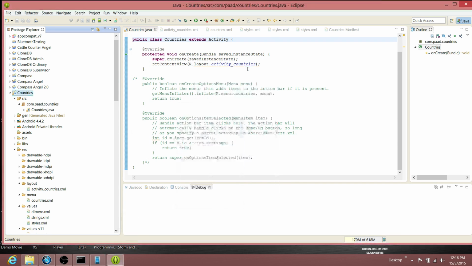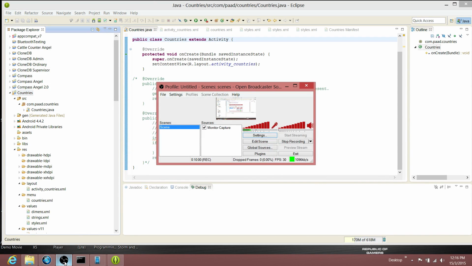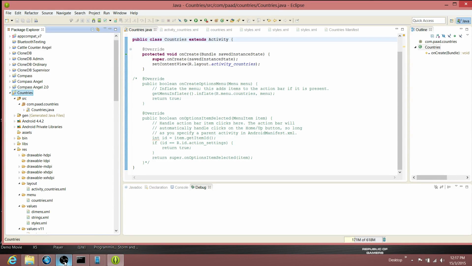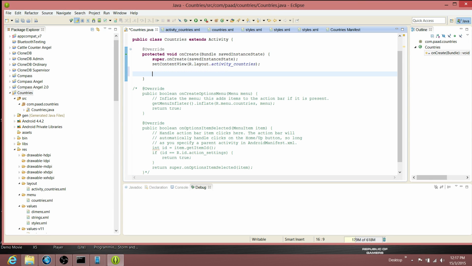Right, now I'm going to check that I'm recording. That's very important. And yes, I'm still recording. And then what I'm going to do is change this activity